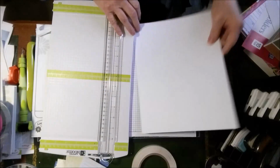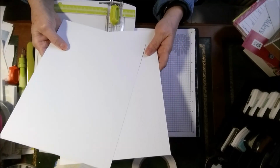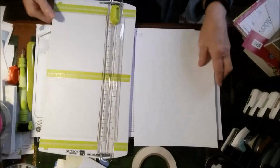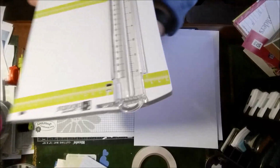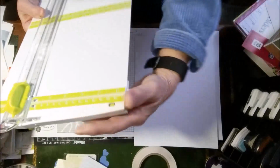Show you what I do. You're going to need 2 pieces of cardstock. And you need to cut one. Let me open up my... Oh, okay. I wonder what was going on. I've got it upside down. Open up my